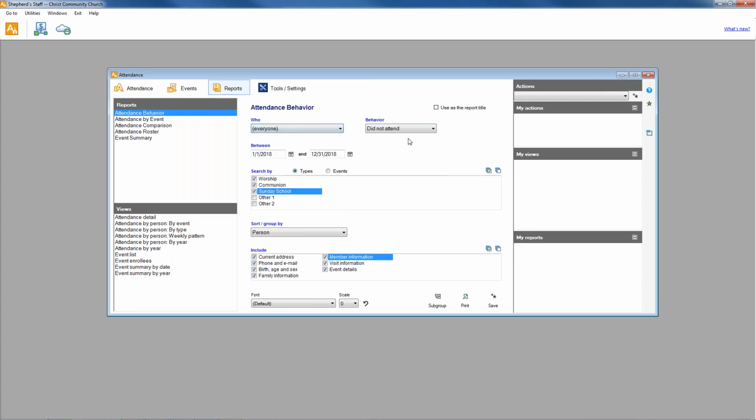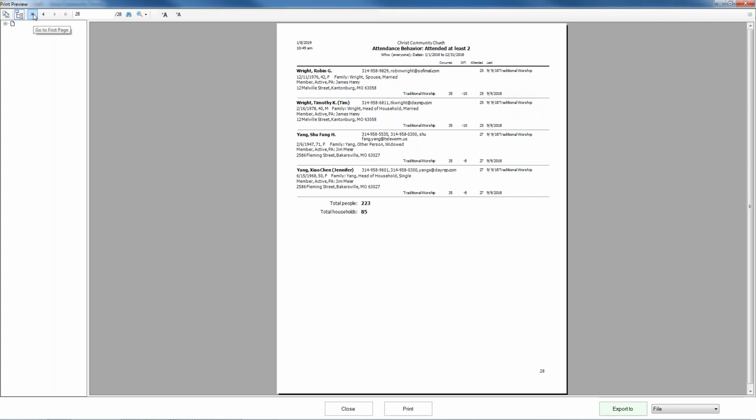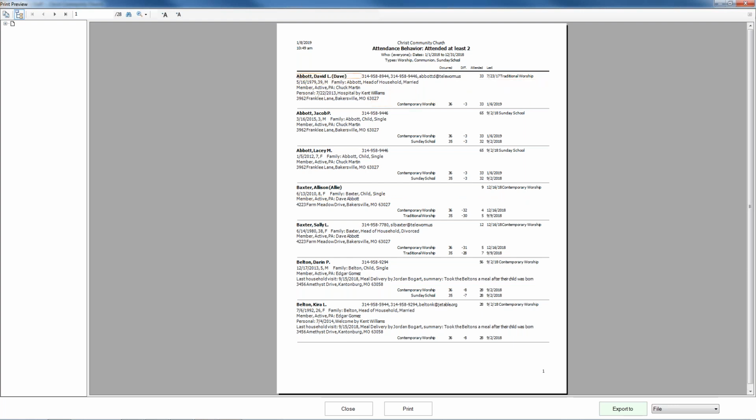You can also look at everyone who attended at least twice, let's say, during the year. And let's preview that. And this is going to be a much more full report, I hope, to test database, so maybe not. It is 28 pages, so it is much more complete. It gives you that summary there. And again, it gives you a nice breakdown of all their information. The service they attended occurred this many times. They only missed 3 times in here, as opposed to someone like Allison, who missed 4 times in there. It gives you a nice reporting breakdown